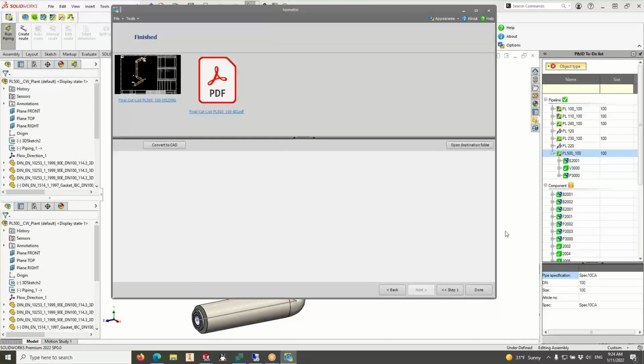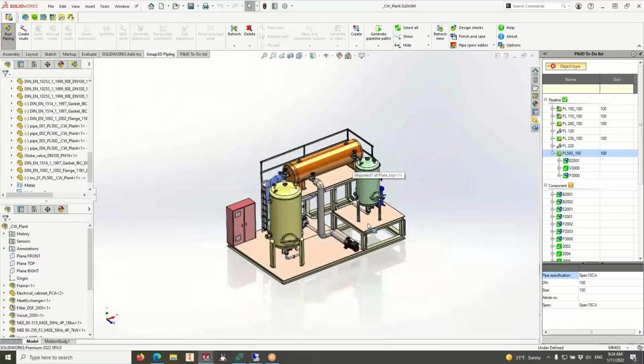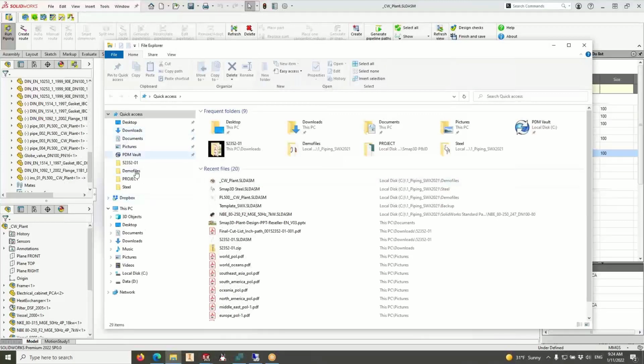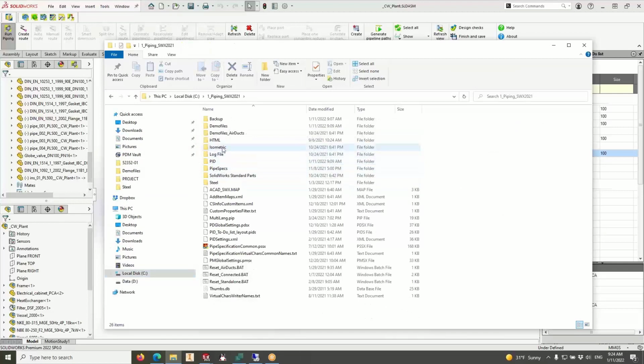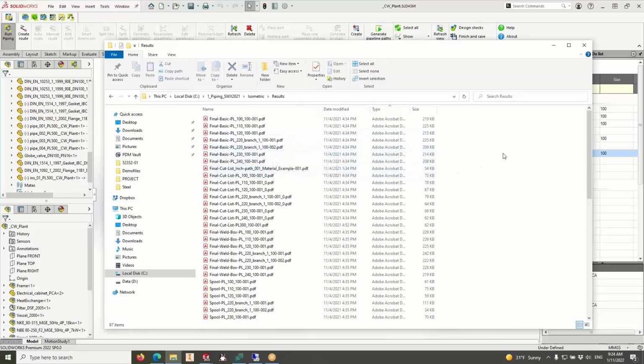And I did this while still working in the subassembly here. But if I would have run this from my top level assembly, it would have batch generated every pipe spool in this design. And I ran that earlier because it takes almost 5 minutes to do this. But now I've got 67 drawings here done